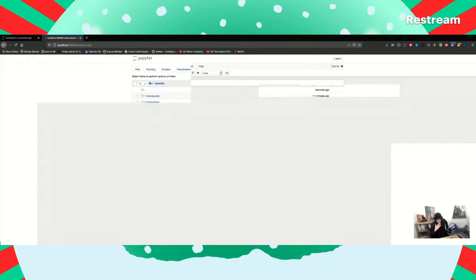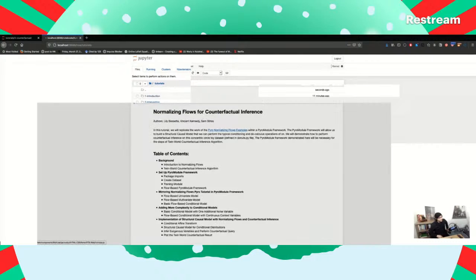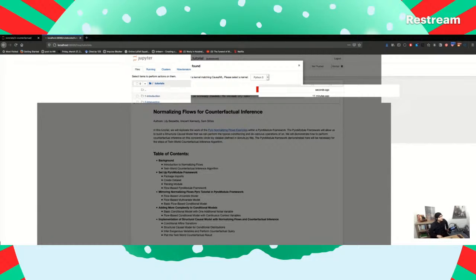So, given say an image, you can work back to the values of the latent variables that generated that image, and that's important. It's important so that you can do Pearl's counterfactual reasoning algorithm, which has three steps.